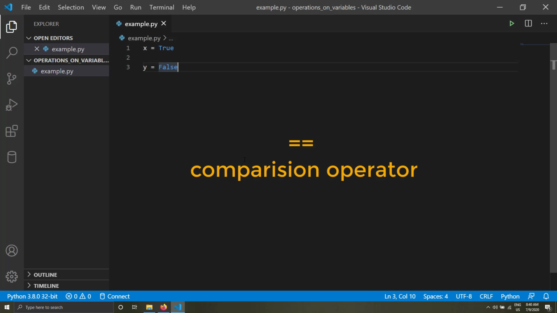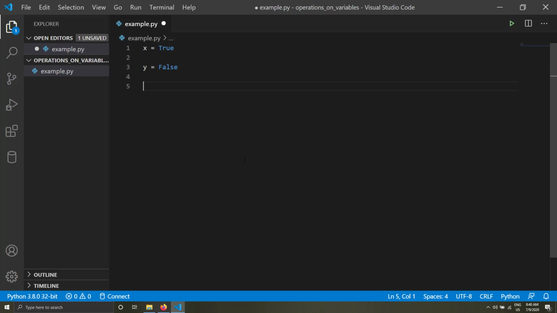Okay. Now let's learn about an operator called equal to, which is a comparison operator. For this, I'm going to take a variable x and assign it a value, say 15. I'm going to take a variable y and assign it a value, say 10. Now my x value is 15 and my y value is 10. What the equal to operator does is it compares the left hand side with the right hand side. So let me take x equal to y. This means the equal to operator is comparing x with y. Obviously this should be false. So let me store the result in a variable, say k, equal to the comparison between x and y.